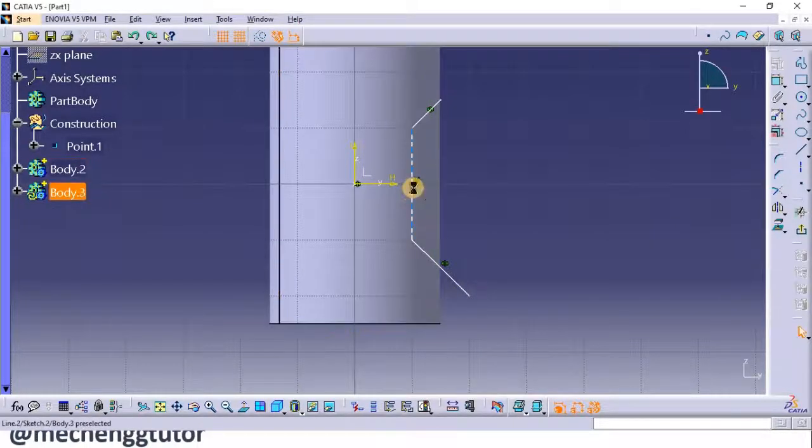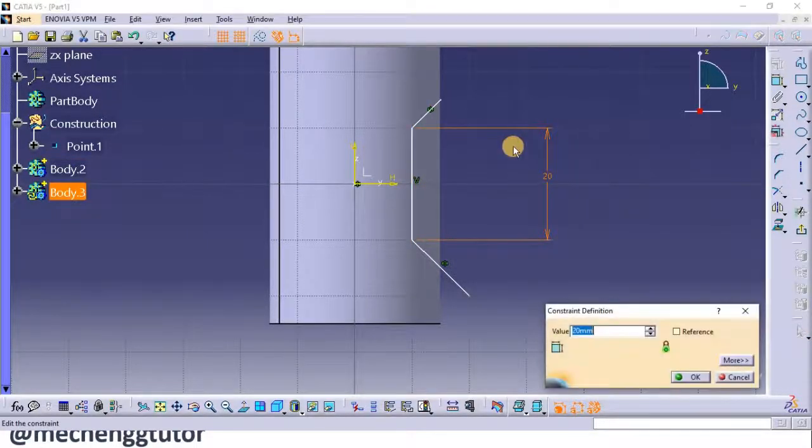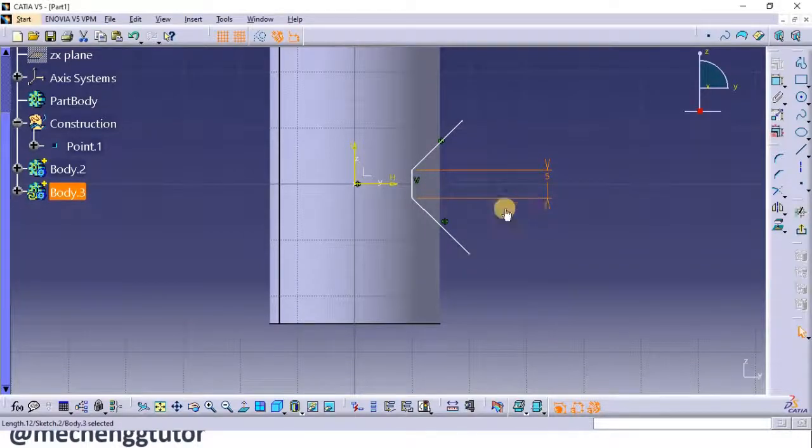So once the symmetry is done, I'll go to dimension this. I'll give the dimension, I don't want 20, I just want this as 5. So here it has taken 5, and this should be at an angle of 45 degrees. So this is 45. And since this is under constraint, that is it can move anywhere here in the 2D space, I need to constrain this with respect to the vertical. So I'll select this vertical edge with vertical axis and give here the dimension.